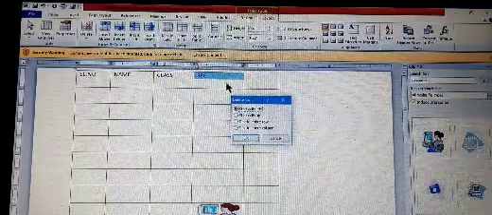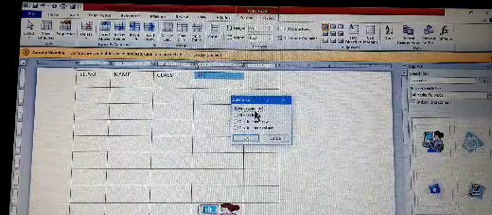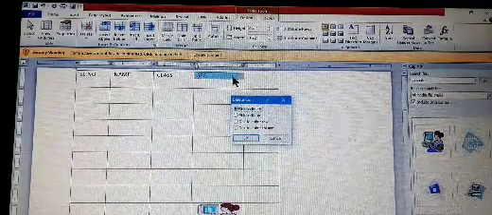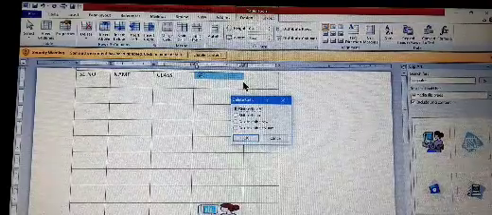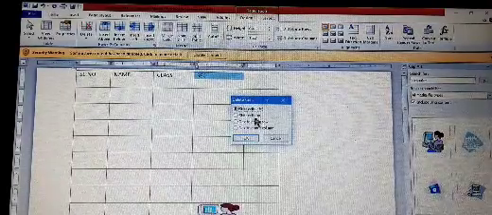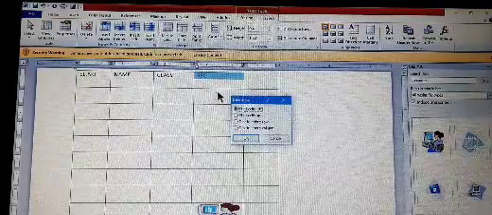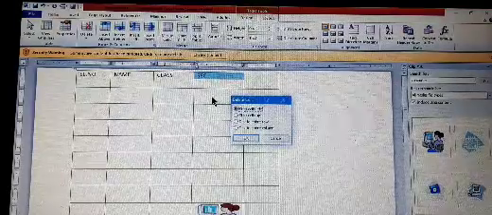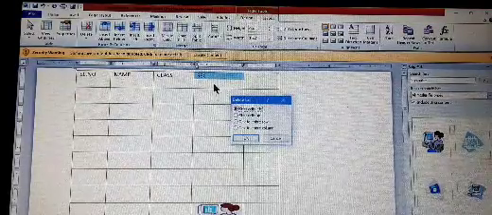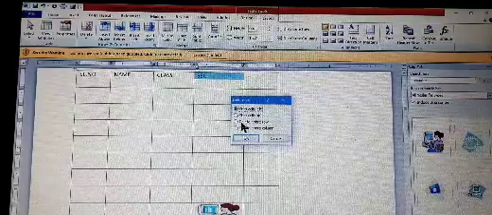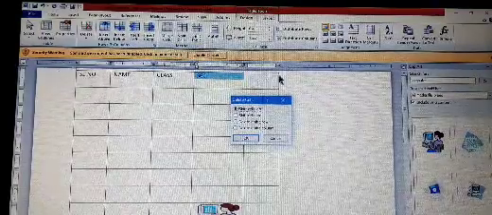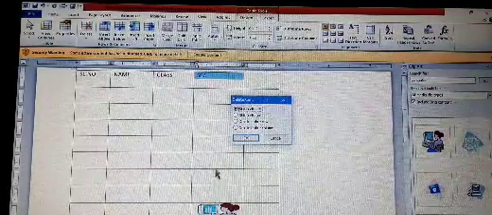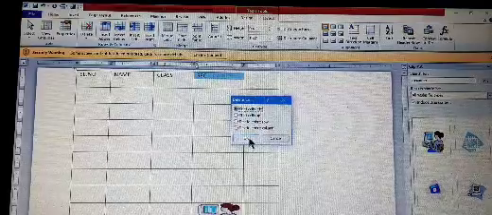So select shift cells left. The cell to the right of the selected cell will move to the left. Shift cells up means the cell will be deleted and the cell below the selected cell moves to this position. Delete entire row, the entire row will be deleted. Delete entire column, the entire column will be deleted. Shift cells left, click on OK button.